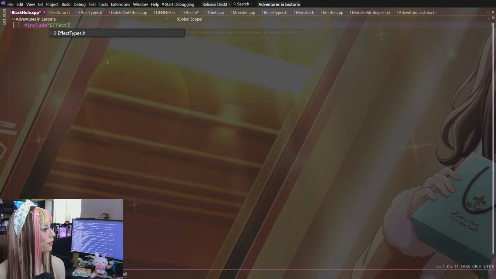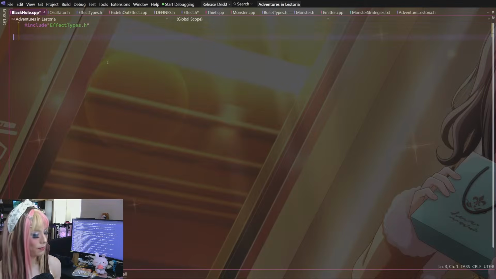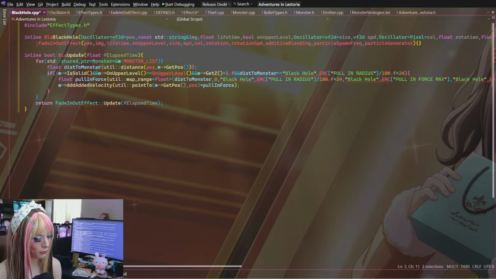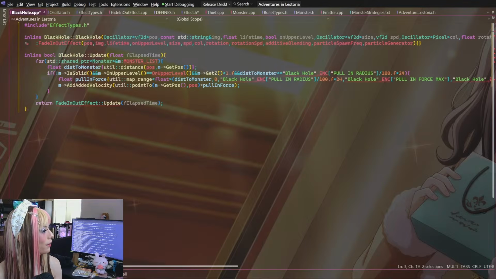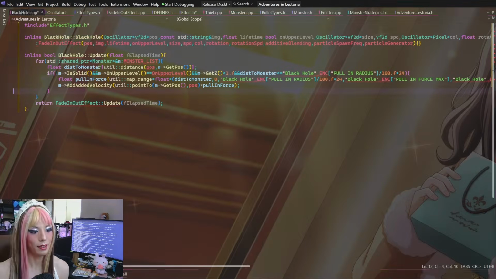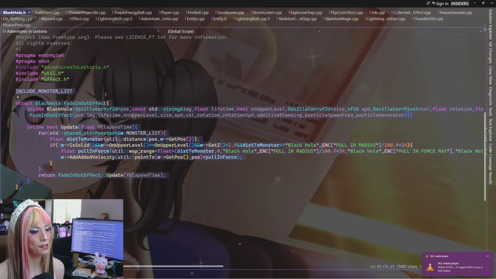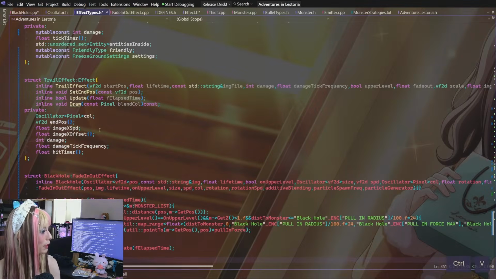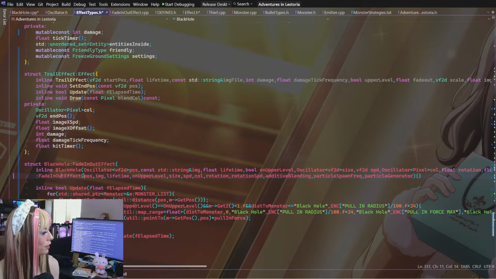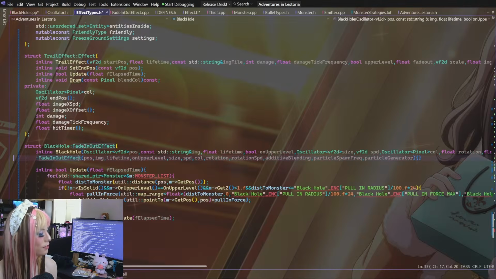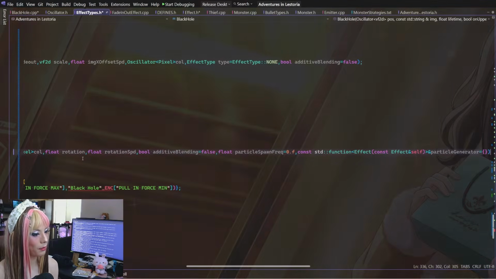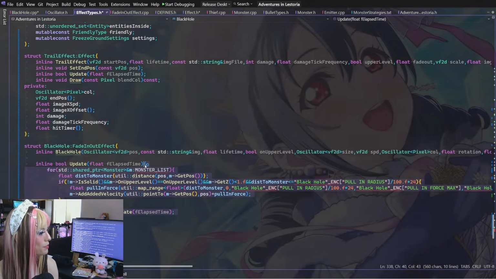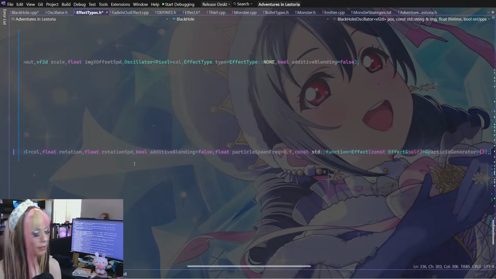So this is going to go under effect types.h. So we're just moving them into there. And these are going to be the black hole functions declared here. And then in here, we're going to move this out. And then we can get rid of blackhole.h. We should be good. The only thing we have to do is get rid of the default arguments that are specified inside the constructor. That does have to go away.